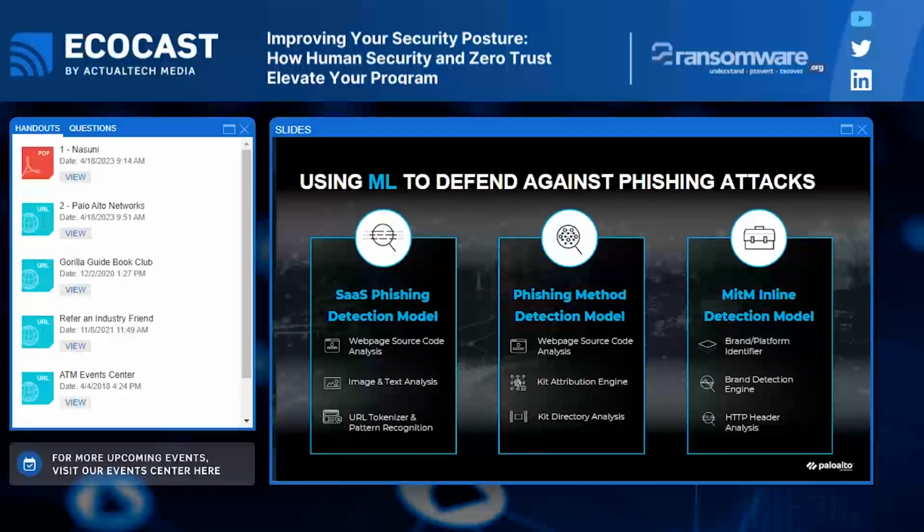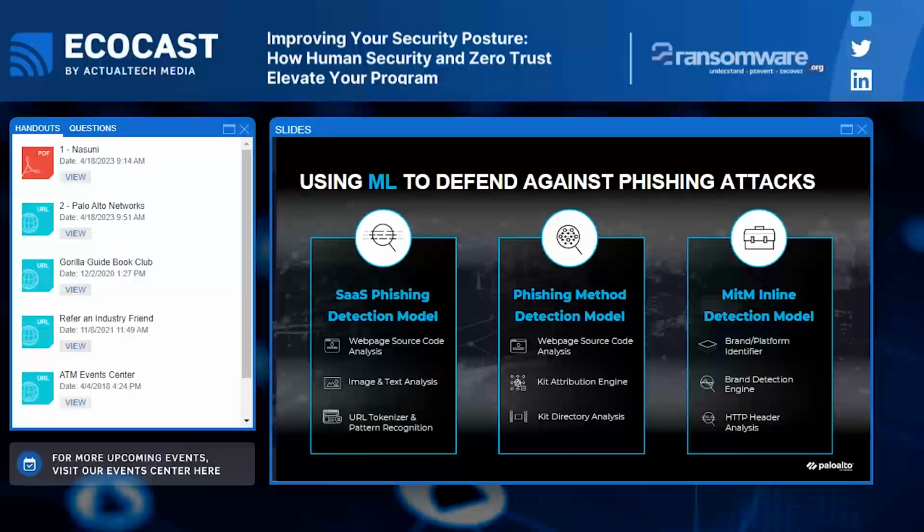That's exactly what we're starting to do with our product. And because we have this consistent set of capabilities across anywhere that a user is, we can apply this universally for any different user, any session, anywhere in the world. We can start to look at things like SaaS phishing detection, where we're actually looking at source code on the websites and looking for telltale signs that the source code has either malicious content embedded in it or malicious activity that could be embedded in it that's going to direct users to download some kind of malware.